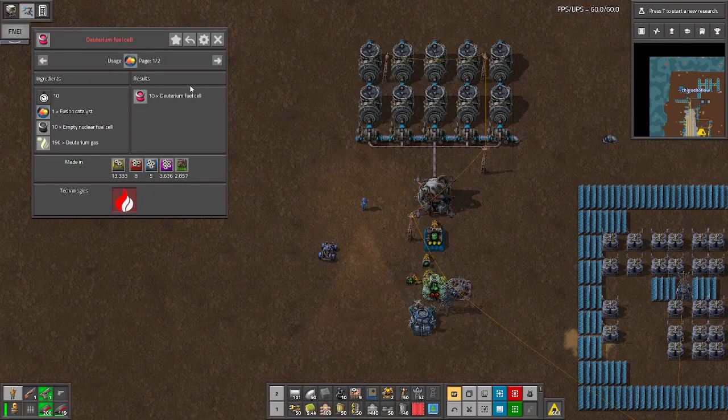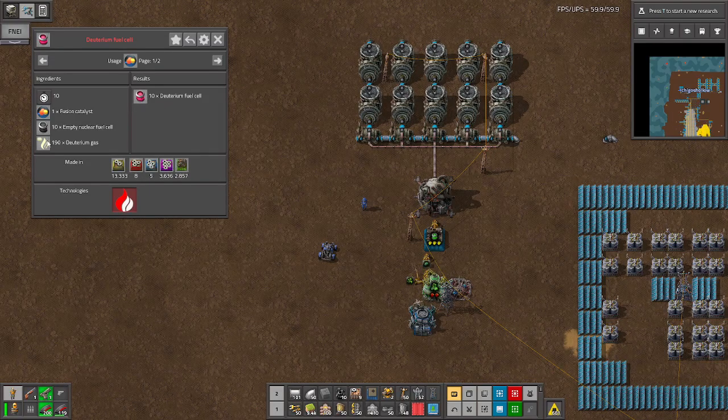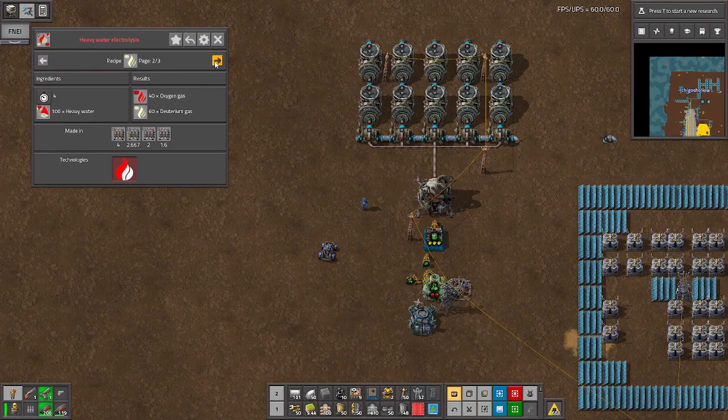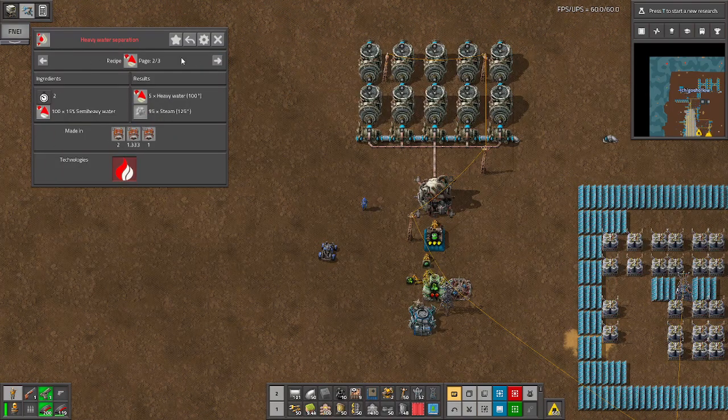So you take a fusion catalyst, deuterium gas to make deuterium fuel cells. Interesting. And those are valued at 8 gigajoules each. But deuterium is made by oxygen gas and deuterium. Well, you take oxygen gas. No, you're getting oxygen gas and deuterium gas. We gotta make heavy water. Heavy water is...